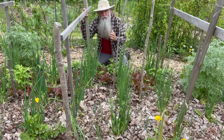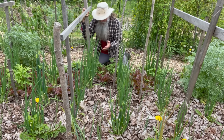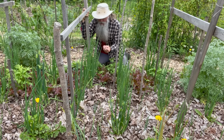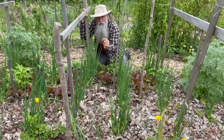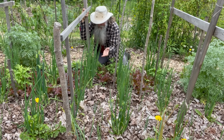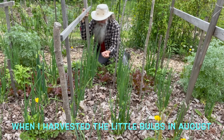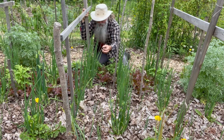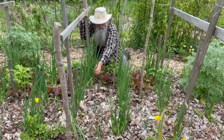So I've spoken to you before about the walking onions, or the Egyptian onions, but I'm going to talk to you about them again today because once again they're one of the easiest things to grow. These ones were just little bulbs last summer when I got them. I planted them here sometime in August last year, and I've been harvesting all spring. For the last month I've been harvesting from these, but now I'm going to stop because, as you can see,